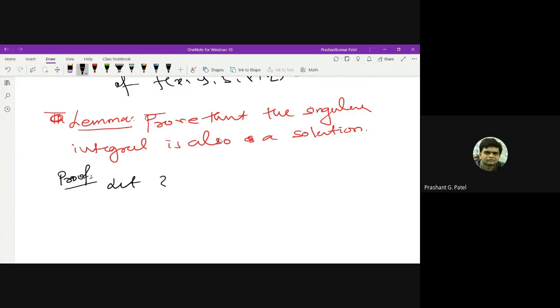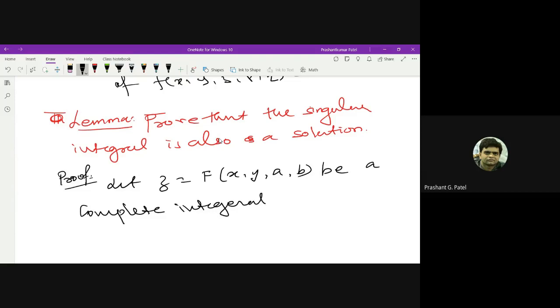So let z is equal to capital F of x, y, a, b be a complete integral. What does a complete integral mean? This solution is known as a complete integral if the matrix Fa, Fxa, Fya, Fb, Fxb, Fyb has rank 2. Okay, so let us assume that this is a complete integral,